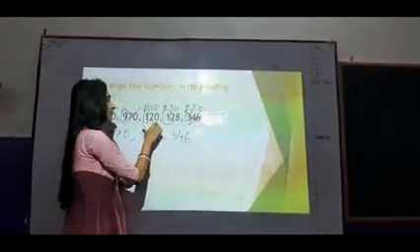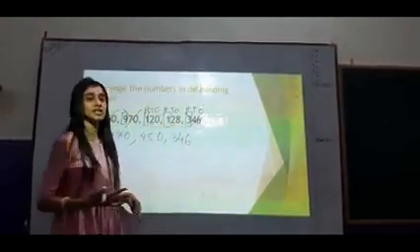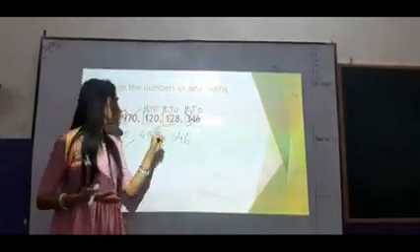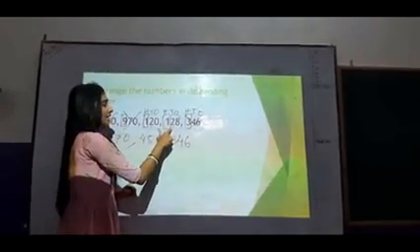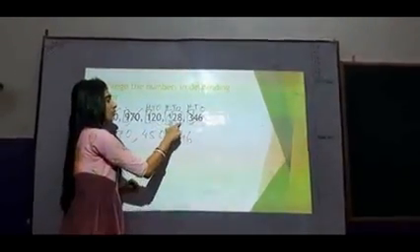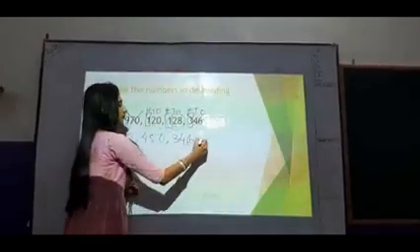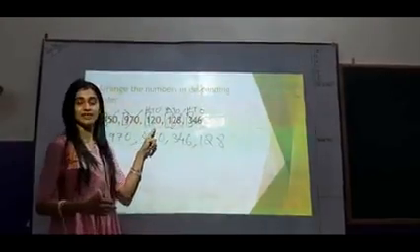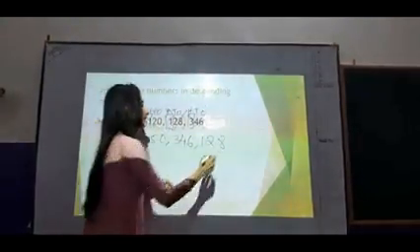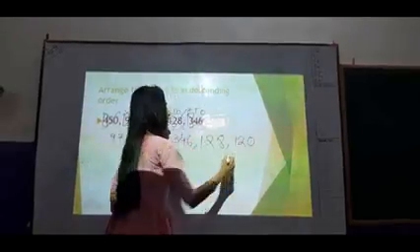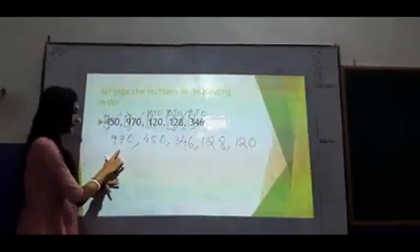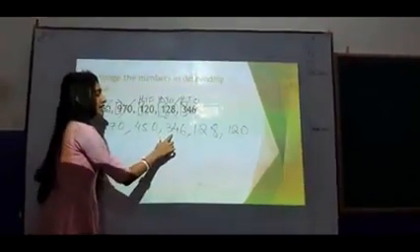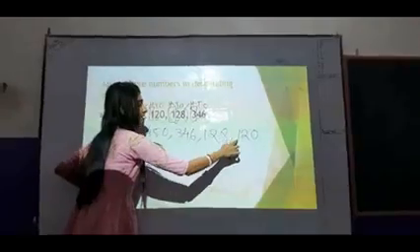So in the ones place you can find here 0 and here 8. So obviously which one is bigger? 8 is bigger than 0. So obviously we got our next biggest number, that is 128. And at last what is left is our smallest number, that is 120. Now you see you got your arrangement in descending order: 970, 450, 346, 128 and 120.